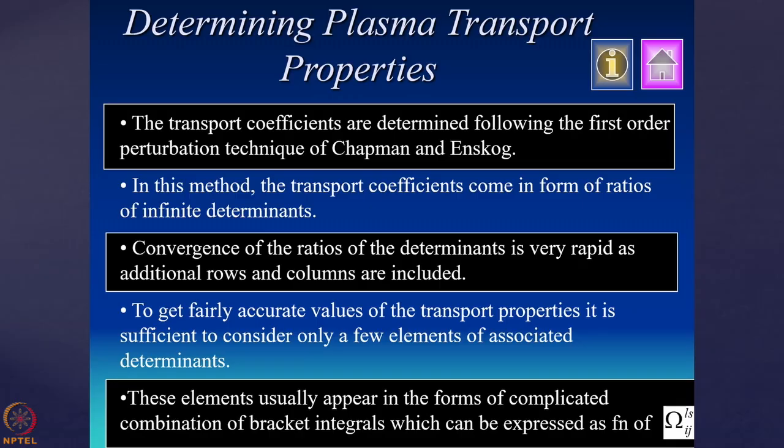I will tell you how they look, what is the exact form of the known quantities like thermal conductivity, electrical conductivity, viscosity. These terms we know, but when you say that they come in the form of determinants or ratios of determinants, how do they look? And if we want to increase the order of approximation, how does their behavior change, how do the determinants change, and whether it is easily doable. These are complex things, but actually really not that complex. I am sure that after finishing this class, you will be able to write the determinants on your own.